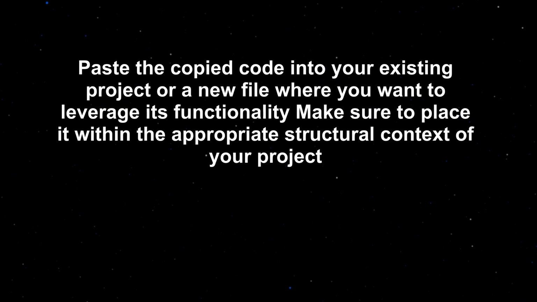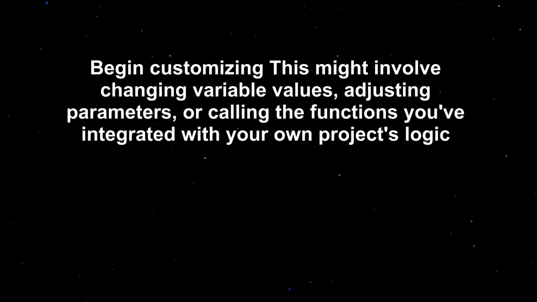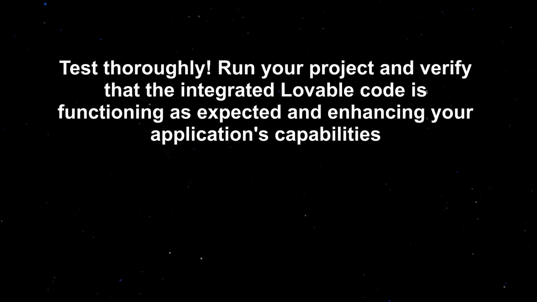Paste the copied code into your existing project or a new file where you want to leverage its functionality. Make sure to place it within the appropriate structural context of your project. Begin customizing. This might involve changing variable values, adjusting parameters, or calling the functions you've integrated with your own project's logic. Test thoroughly. Run your project and verify that the integrated Lovable code is functioning as expected and enhancing your